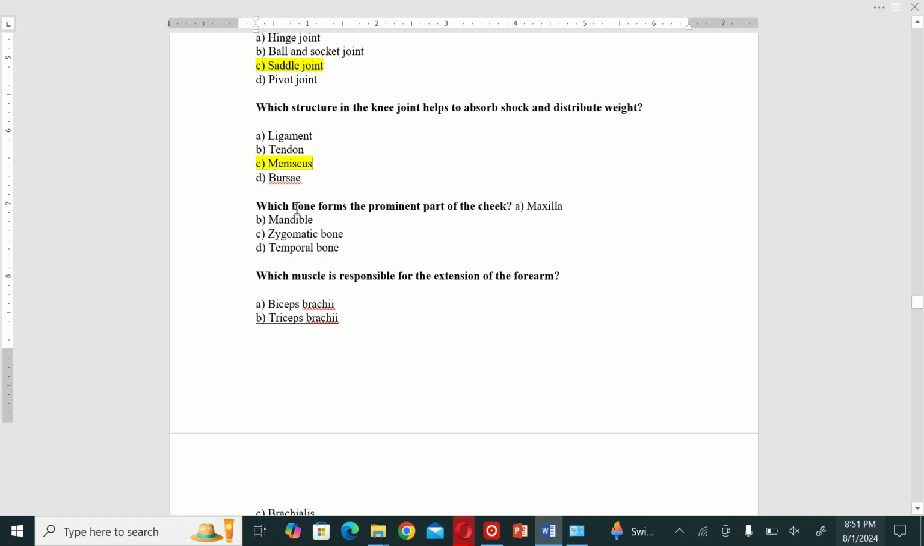The next MCQ is: which bone forms the prominent part of the cheek? A. Maxilla, B. Mandible, C. Zygomatic bone, and D. Temporal bone. So the correct option is